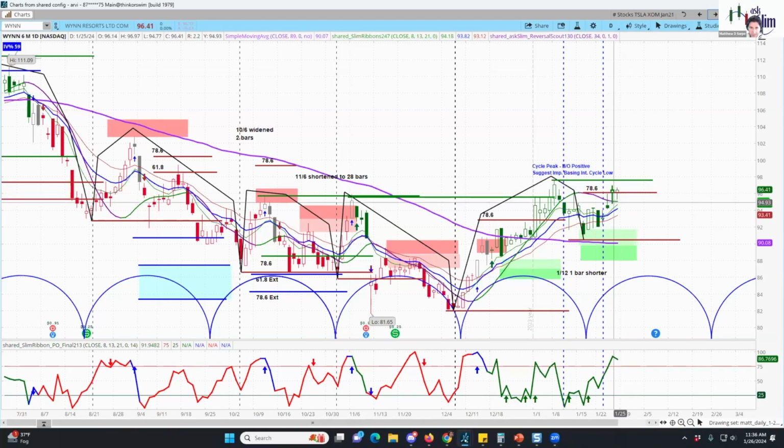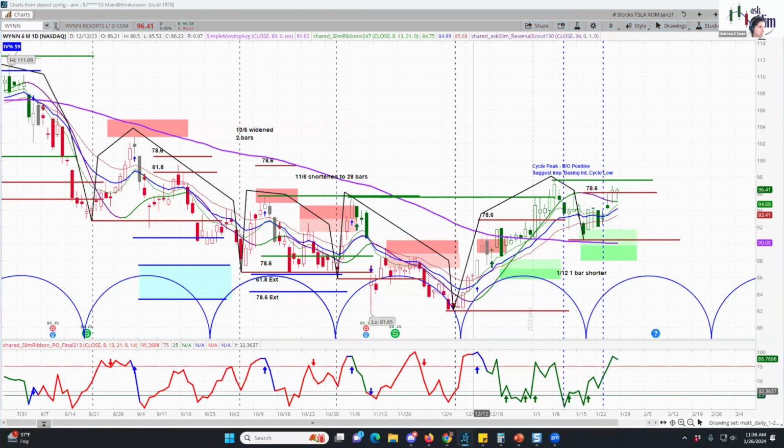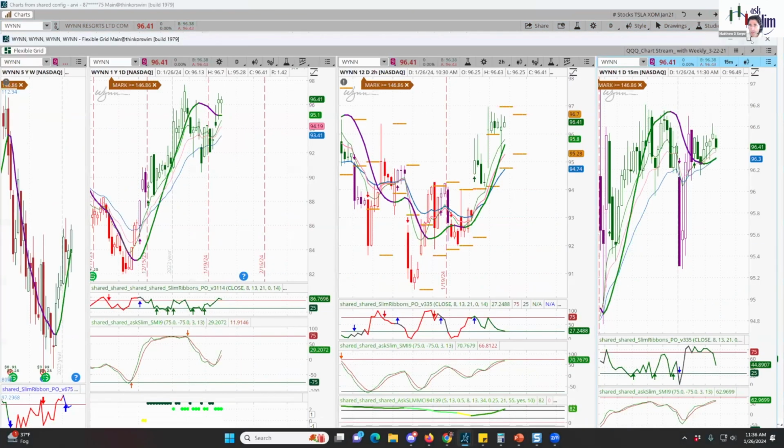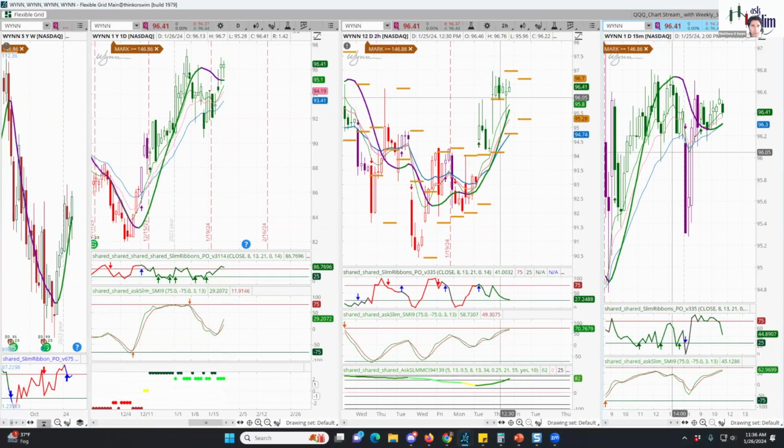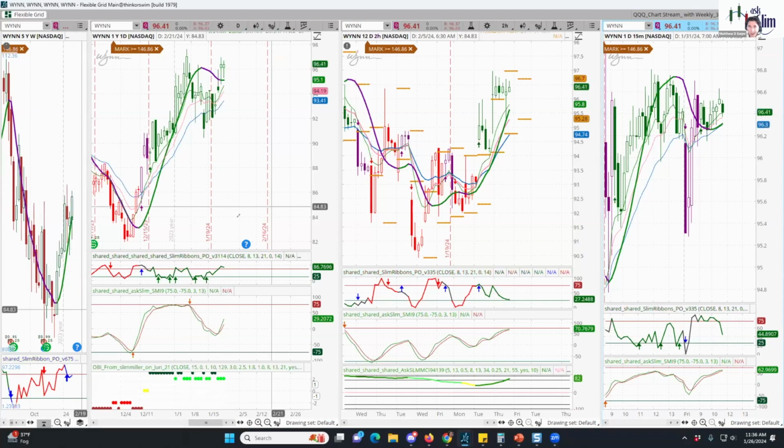And then I would jump down into that shorter duration time frame. See if I can find my multiple time frame grid here that our level 4 members have access to. Essentially, you can plug in any symbol you want. And we have 4 time frames here: weekly, daily, 2 hour, and 15 minute. And this is our dashboard for really getting a quick sense at a glance of our proprietary indicators.